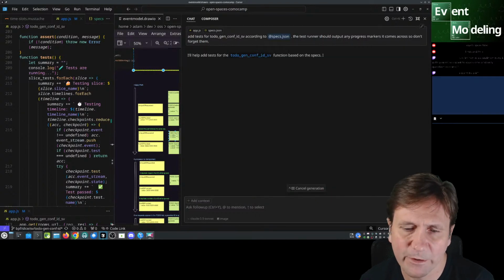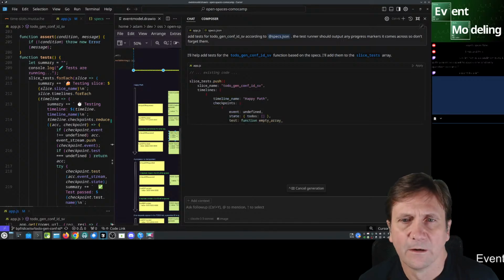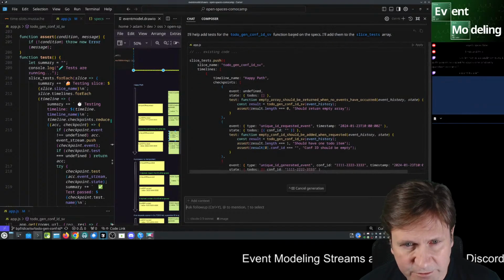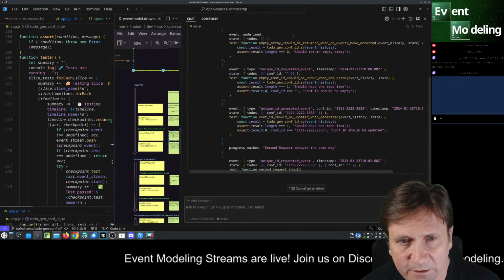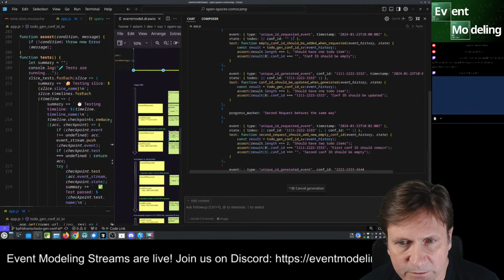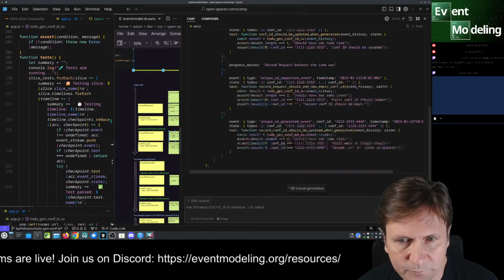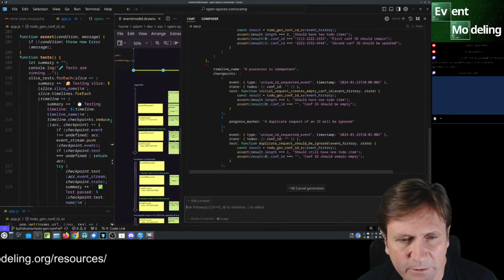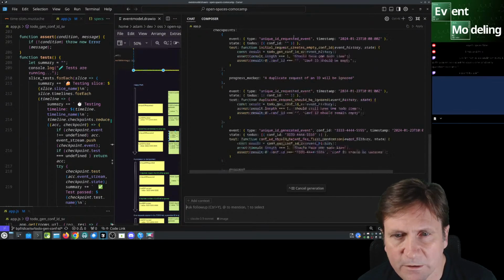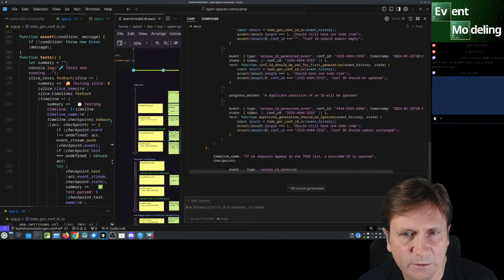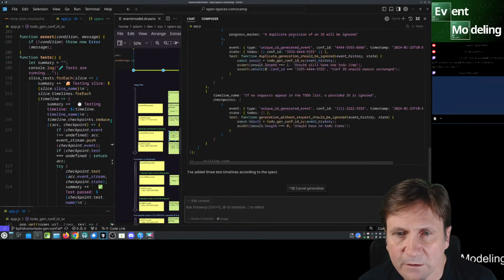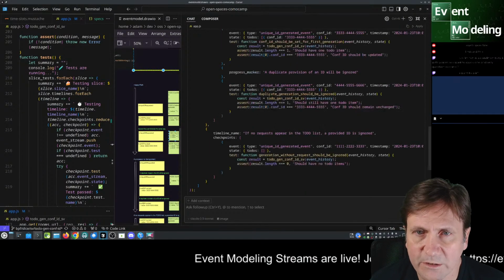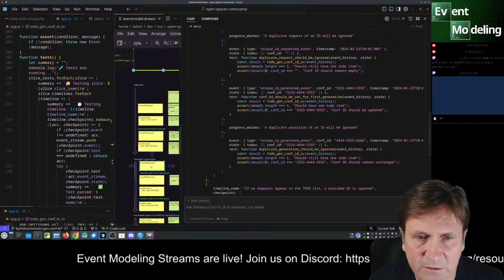So, okay, we're running this for the 4th time at least. And so far, this is doing exactly at first blush what it's supposed to be doing. No hallucination yet. Yeah, progress markers are being put where they're supposed to be. Each state has a test associated with it. Let's double check that. Progress marker, state, state, state.